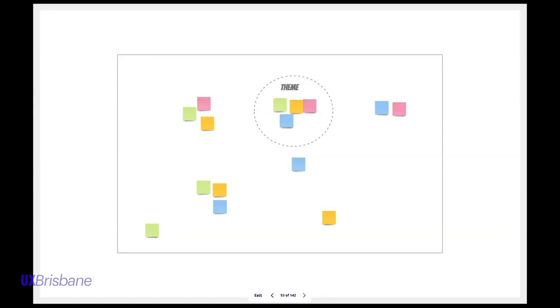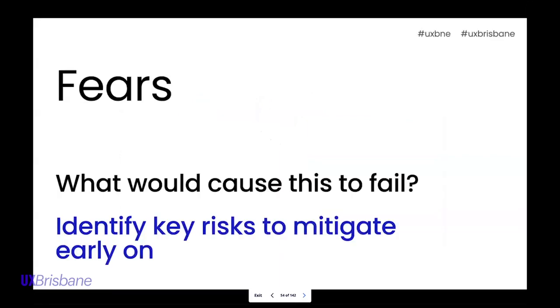Next, you're going to be looking at fears, and you're doing the exact same exercise or method to capture all the things that people fear about this particular challenge. What would cause this thing to fail? What are the things that will prevent us from achieving our goals? You want to identify these risks early. So going through the fears is basically risk mitigation. And if you identify these things from the different perspectives of the participants that you have, you'll be able to cover a lot more ground.